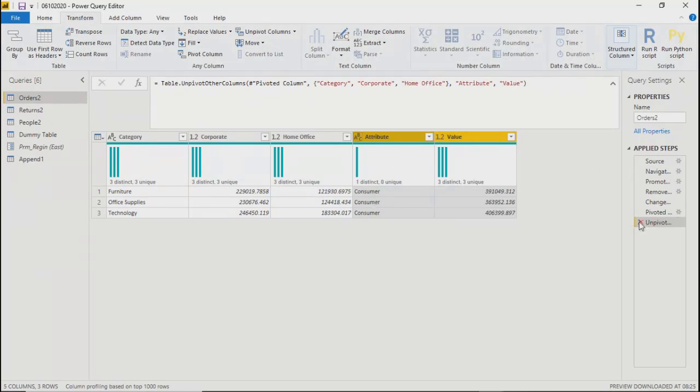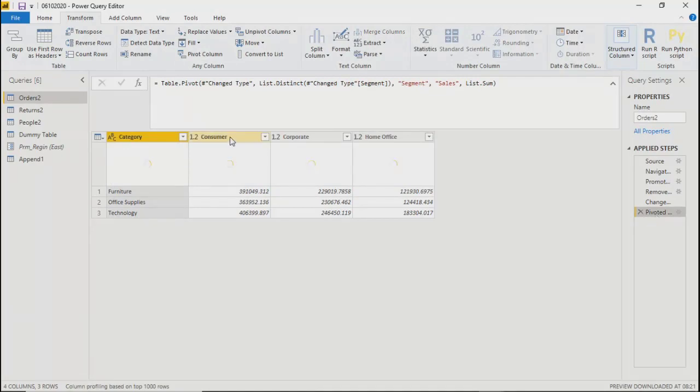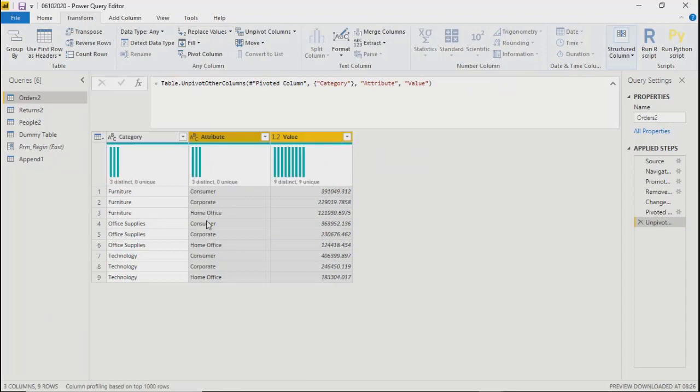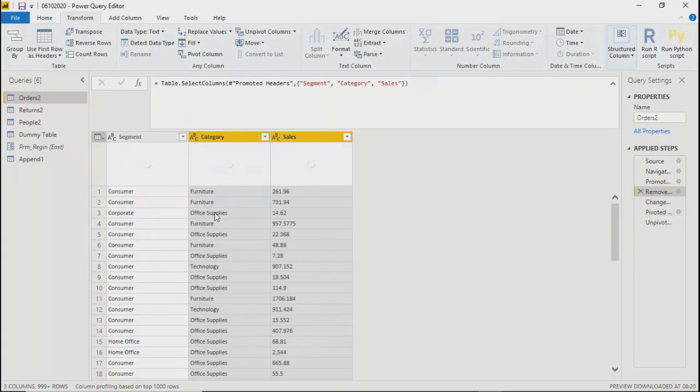So let me just do one thing. Can we do it multiple? So let's say if I select these three fields, consumer, corporate, and home office, and try to unpivot it, yes. So I'm getting my original view kind of thing, right? But it's not the way what we had earlier, like this view.